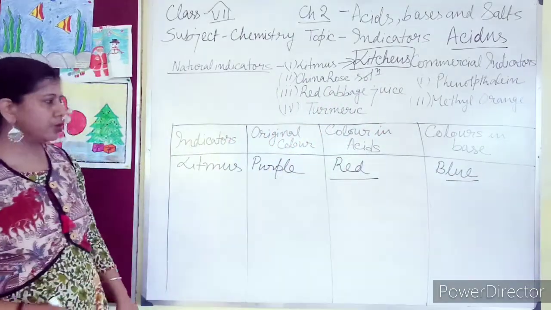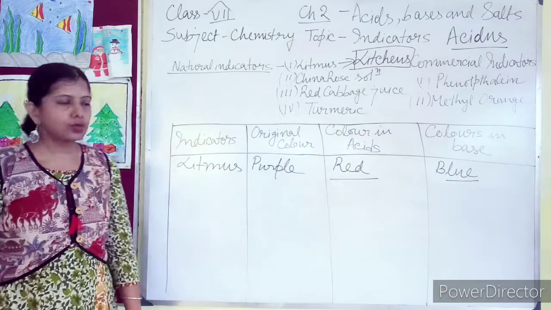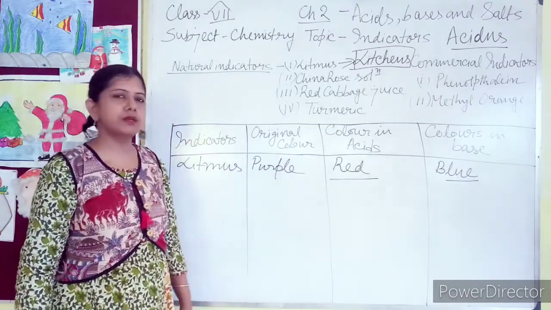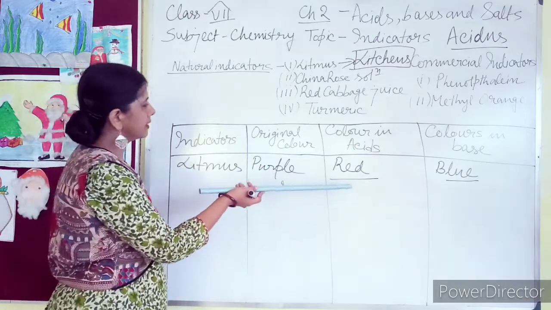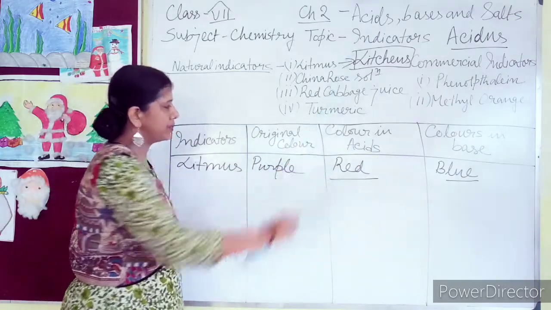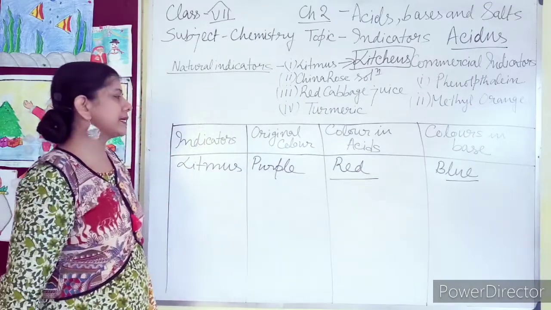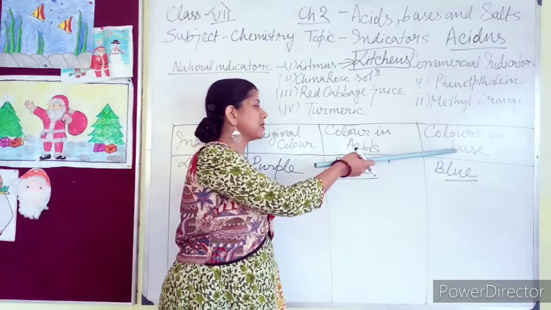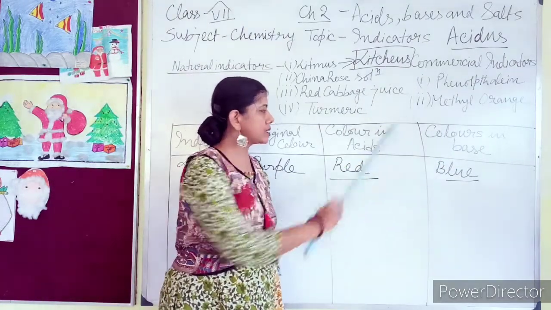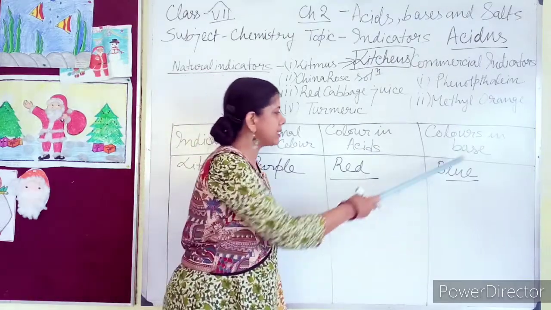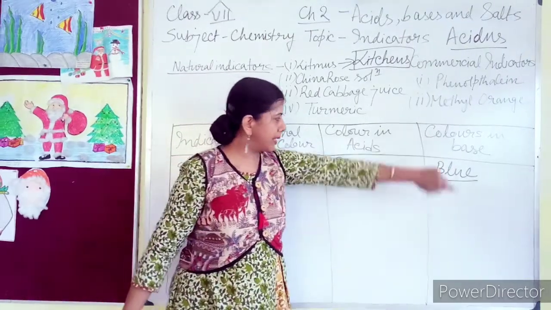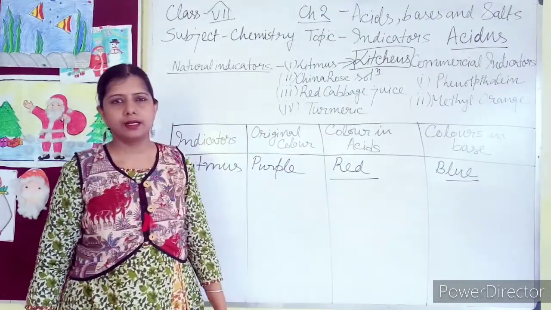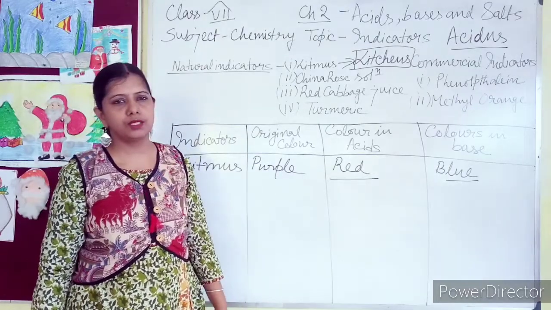Up to class 10, you have to remember this color change. Now there is a trick to remember. Many students continuously make a mistake whether litmus will be red in acid or in base. They write that in base the color is red. The trick is base starts with B, blue starts with B. So remember base blue, B for base, B for blue. Another color is red, so definitely acid is red. Up to class 10 you will get questions from this.